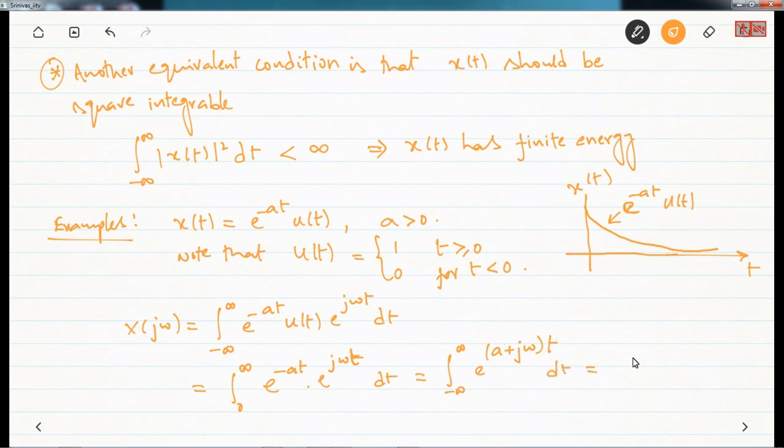And if we do this integral, what we will get? 1 by a plus j omega. So you can check this integral. Okay. Then another mistake. So today there are multiple mistakes. Because it is from 0 to infinity